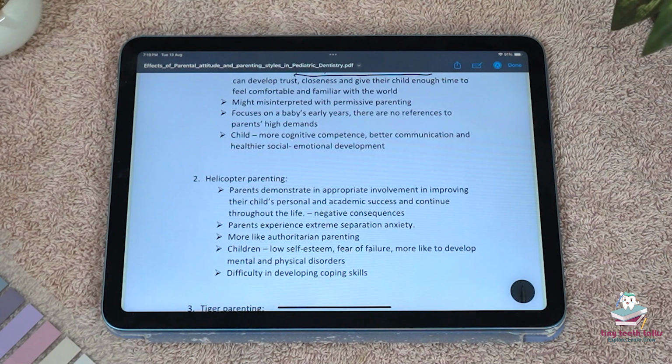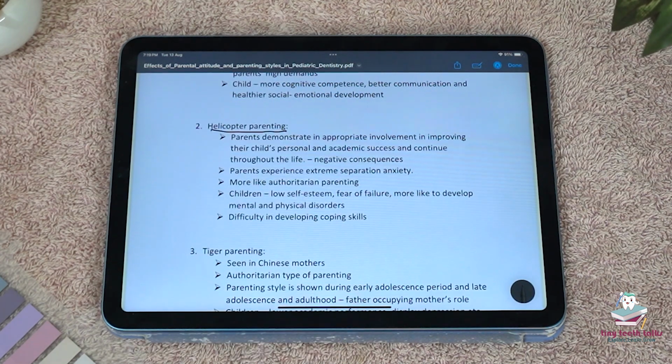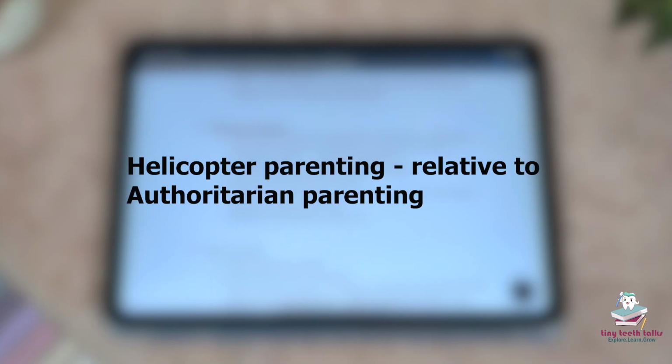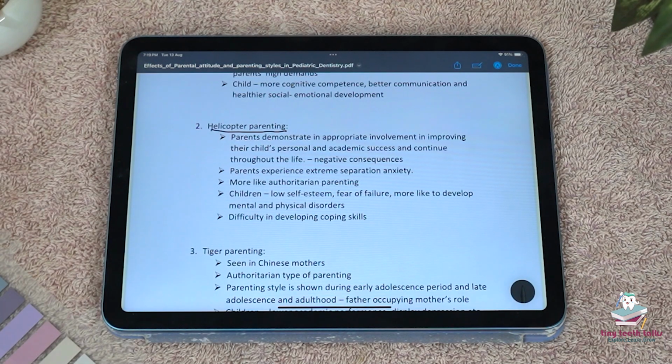social-emotional development. The helicopter parenting. Parents demonstrate appropriate involvement in improving their child's personal and academic success, and it continues throughout life. That might lead to negative consequences. Basically, the parents always interfere, even after the child becomes an adult. So parents experience extreme separation anxiety and are more like authoritarian parents because they are very harsh to the child. They decide everything for the child. Children may show low self-esteem, fear of failure, are more likely to develop mental and physical disorders, and have difficulty in developing